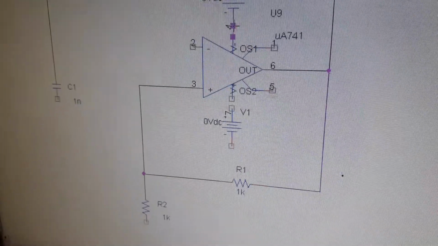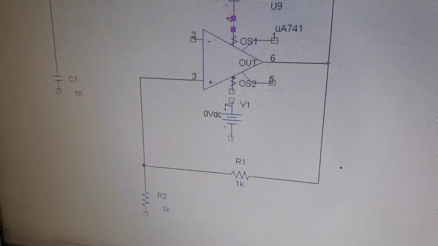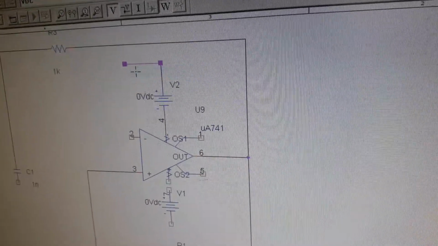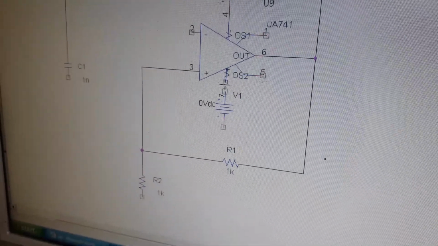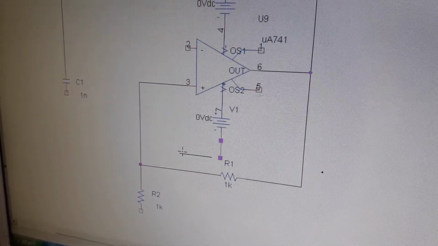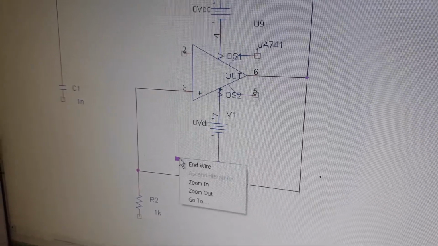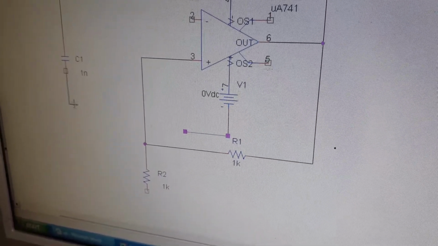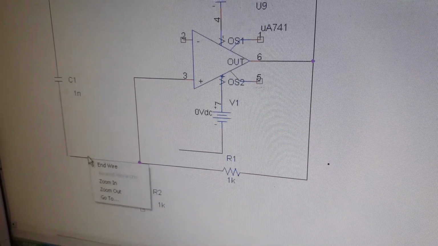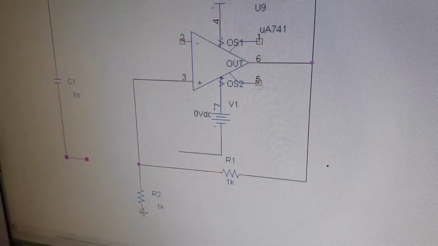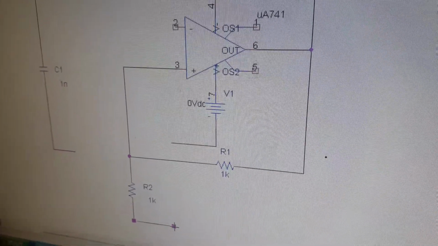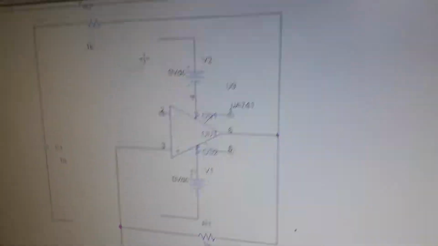Okay, small connection, and here click and right click end wire, and then again connect these two, extend this wire, click twice, right click end wire, again extend this capacitor line. Okay, and right click end wire, again extend the other end of the resistor, right click end wire.